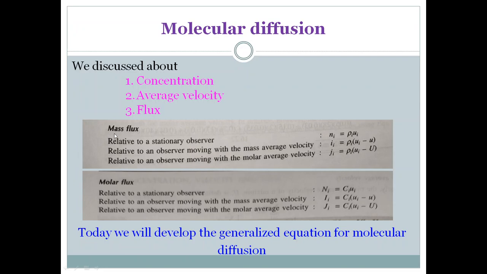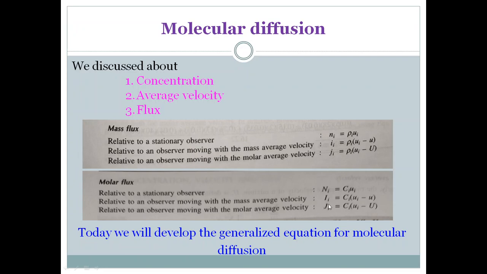There is some transport process where mass flux is used. And in molar flux, two things are very important: relative to a stationary observer, capital Ni, that is the total flux, the N type of flux, and relative to an observer moving with the molar average velocity,